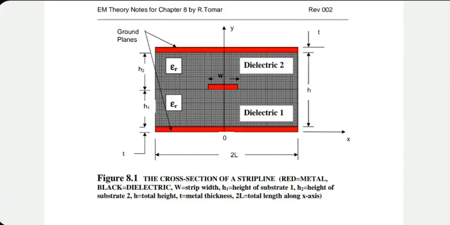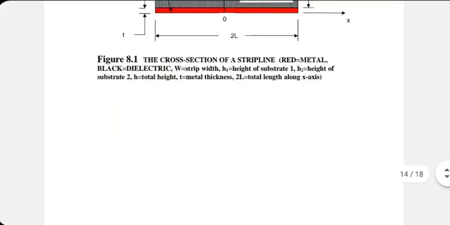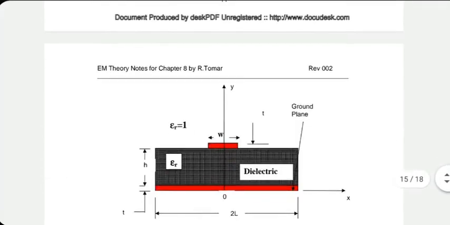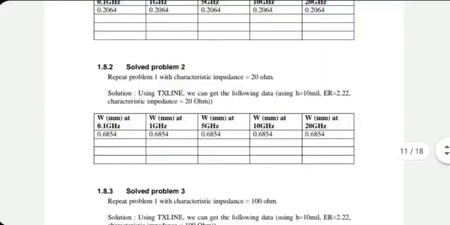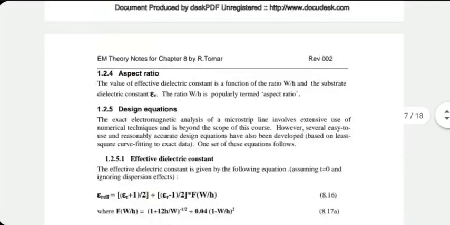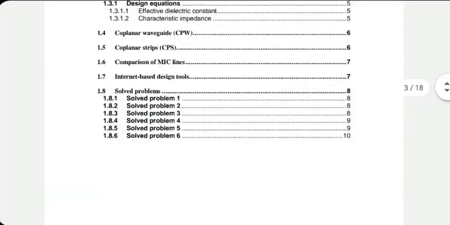In another document, I'll show you the field distributions for both the cases, but right now just take it from me that because of the mixture of air and dielectric in the cross section, this line is not going to support a perfect TEM. However, good news is that if your frequency of operation is not beyond say 2 or 3 gigahertz, this line still supports an almost TEM mode. We call it quasi TEM mode. So theory is not that difficult, even in a microstrip.